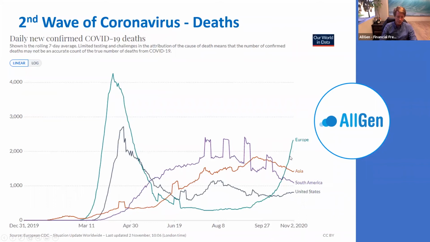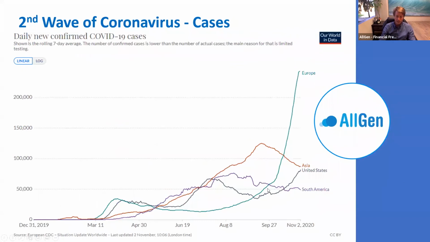So as you can see, going into the last month or so, Europe has had a huge spike of deaths and is by far the highest area out of all these main regions. Actually, the United States, out of these 3 regions, is the lower one. But at the same time, if we flip over here to cases, you can see Europe is leading in terms of the most cases, but the United States is also reaching new highs from the highs it had back in the summertime.